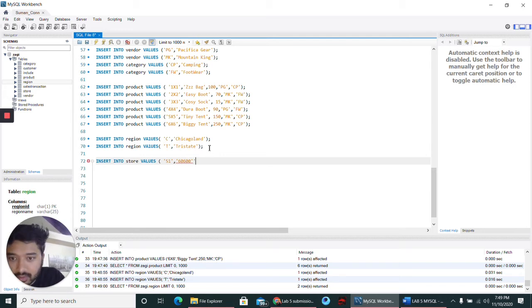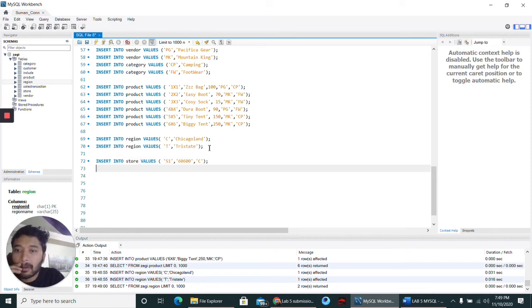We have two more values for this store. That is going to be insert into store values. That is going to be S2, and we have 6605. That is C as well. Okay, so that,